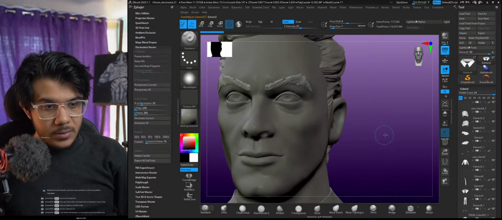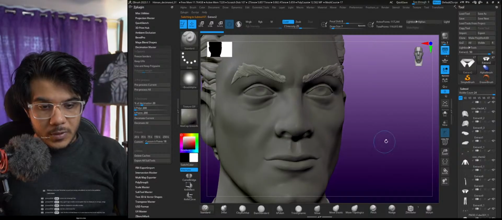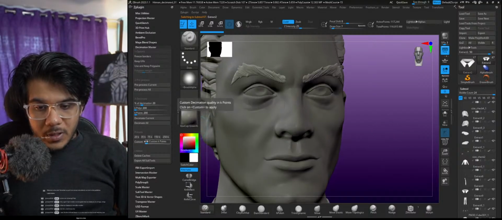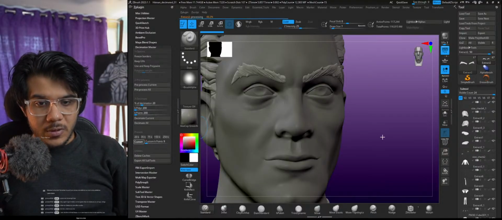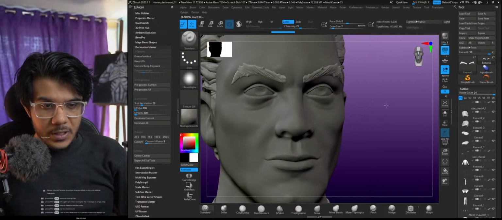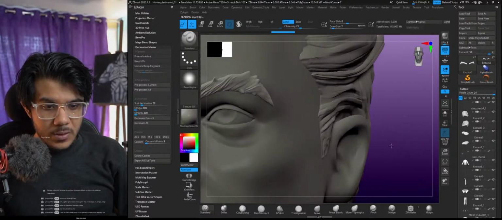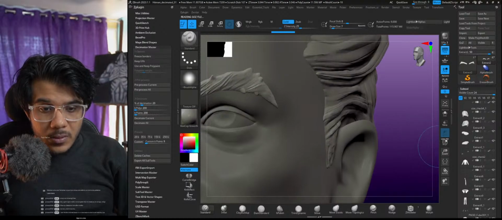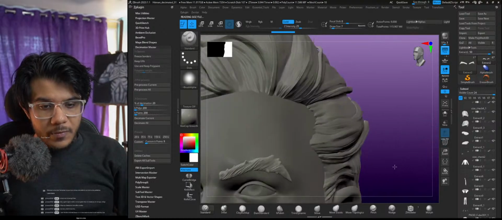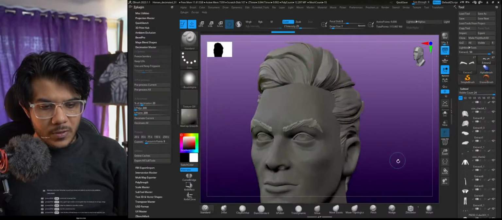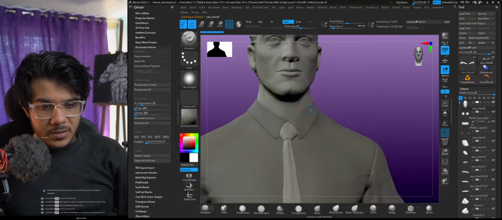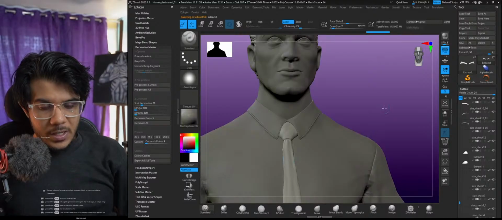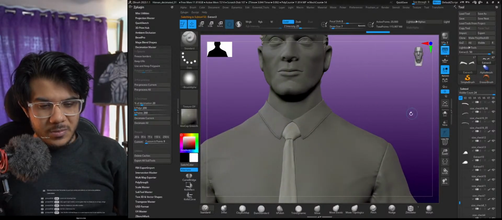Let us take care of the eyebrow. For the eyebrow, I think we can go as low as 18k. 18k is also overkill. We can go as low as around 9k polygons for the eyebrow, and it should be done perfectly. Let me check. Yes, this is perfect. We don't need to do anything more for that eyebrow. And what else do we have? We are done with the decimation of the face, the collar, the shirt, the tie. And yes, I'm keeping the collar and the shirt separately, as this is basically a stylized character and I